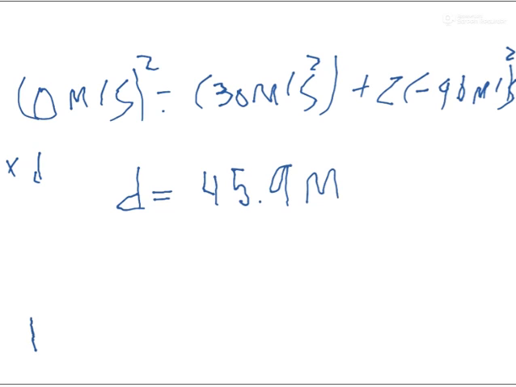So when the ball goes up and up and up, this displacement here, the ball goes up and up and up. This is actually, right here,